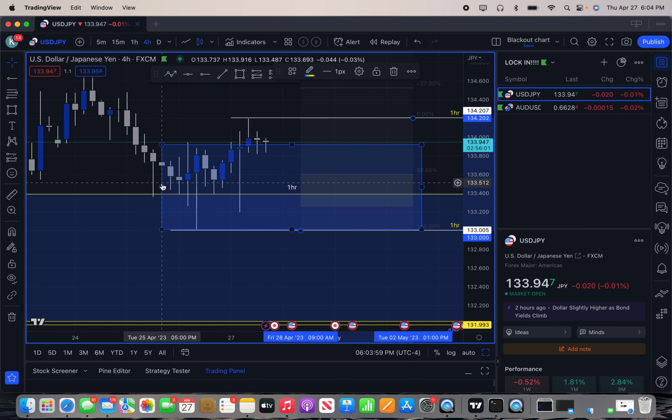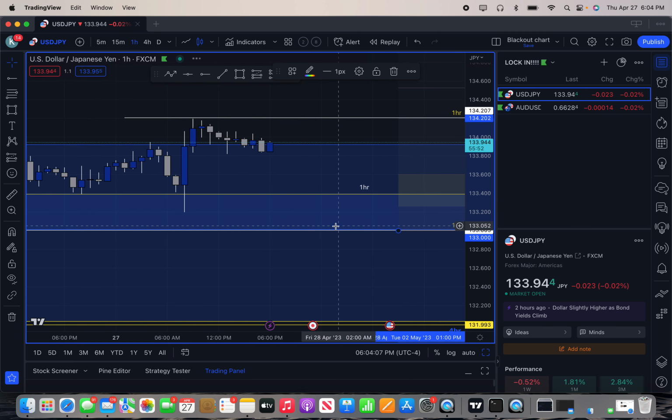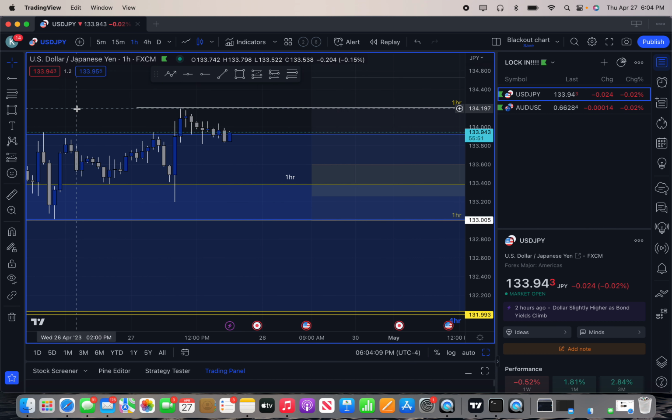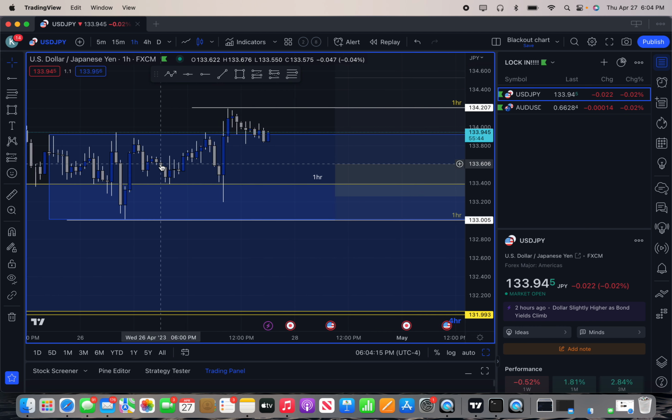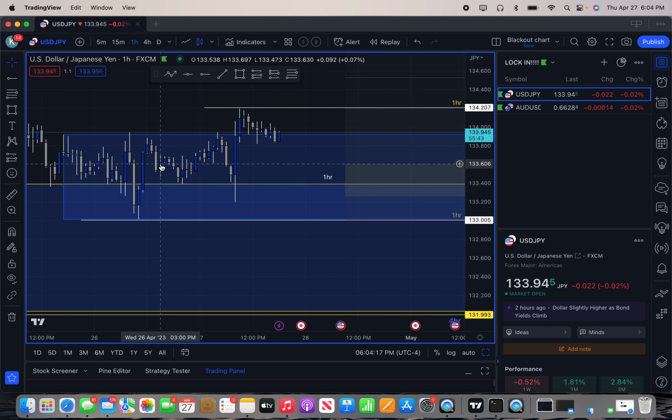I could either just say F it and cut this supply and demand in half, which would be right here, and that falls within here. Or I can go to the 1 hour and look for the last candle on the 1 hour before it broke. So this was the last candle and it barely fits the 50%,